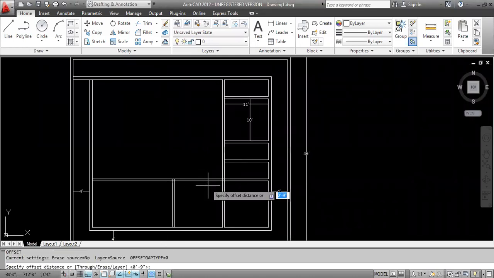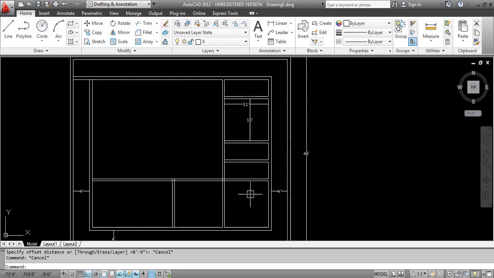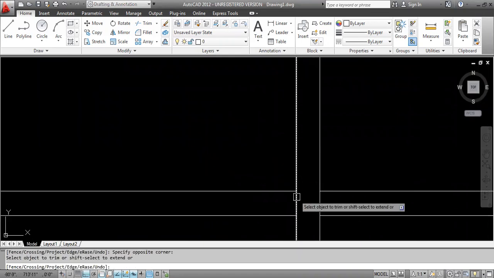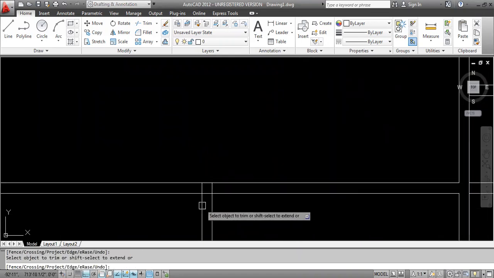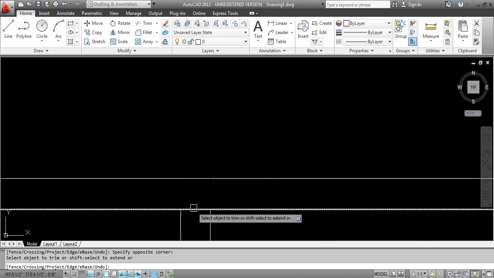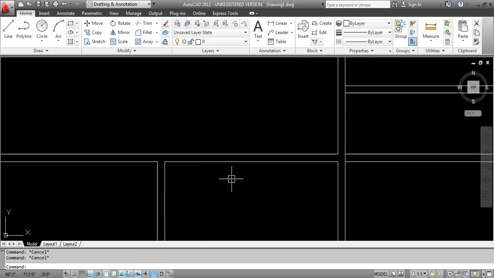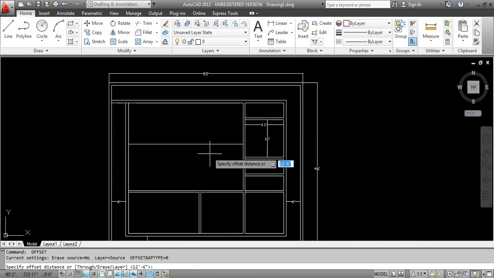Now I will do trim again. Now I will do offset, that is 12 feet 6 inches to the top.